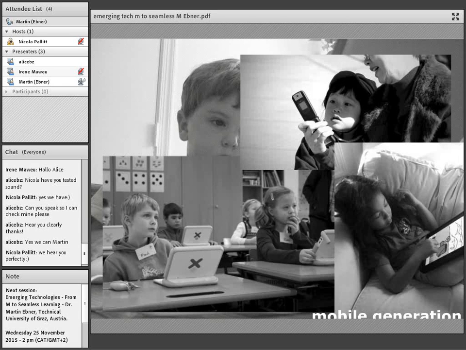For example, you also see here a class with the One Laptop Per Child project. It was the first class in Austria using these laptops, and the first class ever where the children got this laptop at the age of 6. Even though they weren't able to read or write anything, they had a laptop and began to learn with it. But it's just one class where we have this field study.